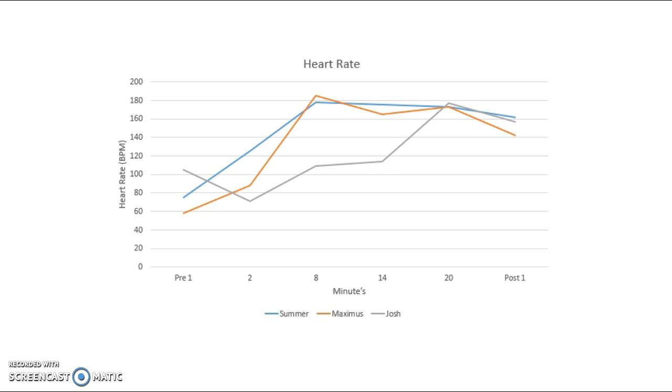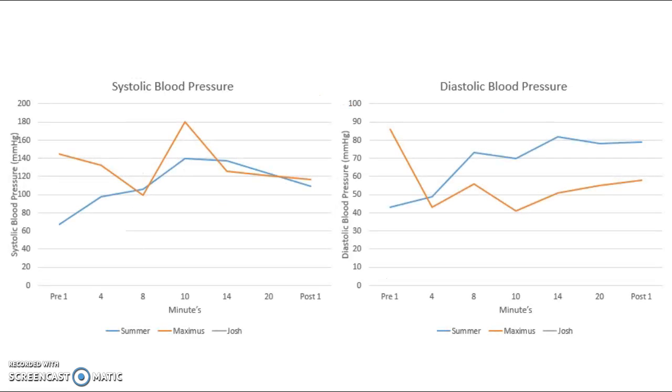This was affected because Josh did a warm-up that was at a higher intensity than the steady state exercise was, so therefore his heart rate started higher than it should have normally, so then dropped once he started the lower intensity exercise. Blood pressure. Here we can see in the systolic blood pressure graphs that Summer and Max's data is